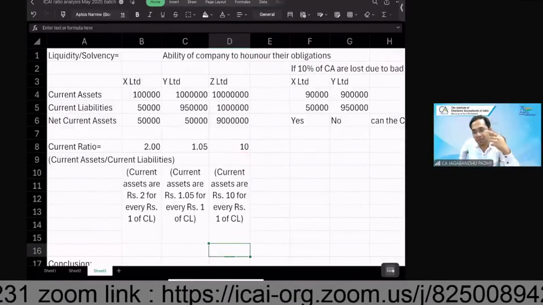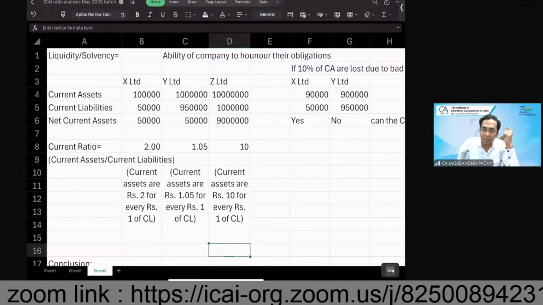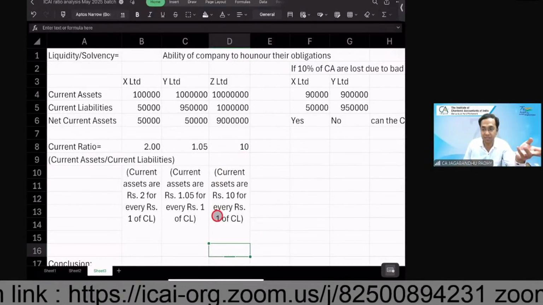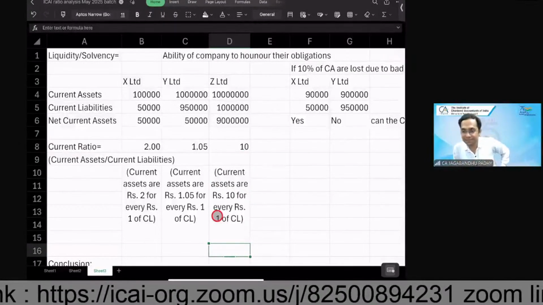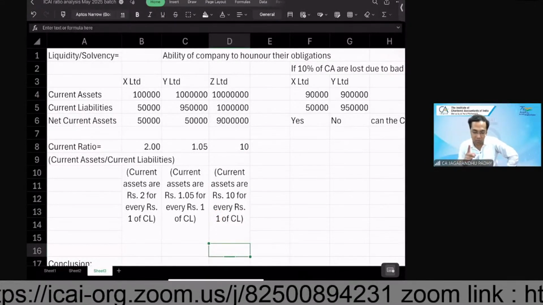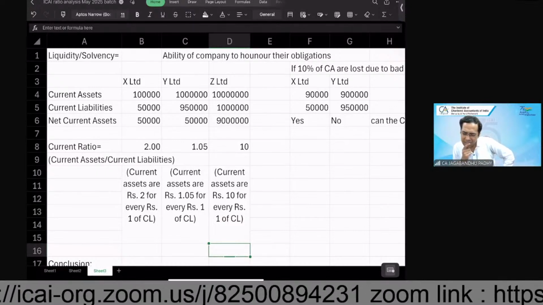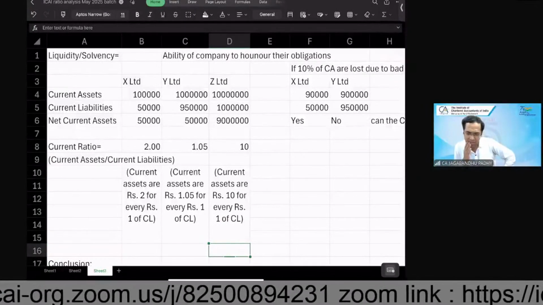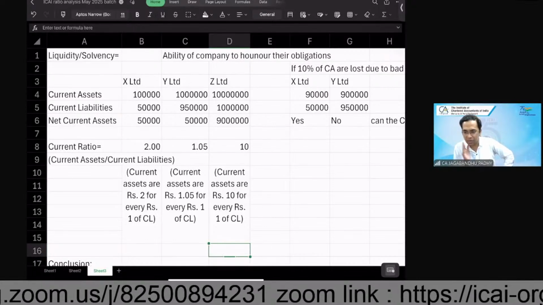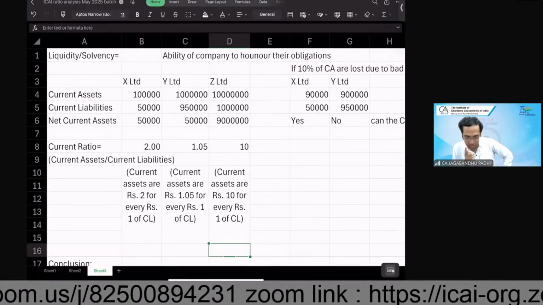Does it really make financial sense to have such a high level of current ratio? We've got an immense amount of current assets. Current liability is just 1 rupee, and you've got current assets of 10 rupees. Is it making any financial sense? Sir, it is definitely indicating a greater degree of liquidity, solvency, safety, or whatever you call it. But then the problem is,